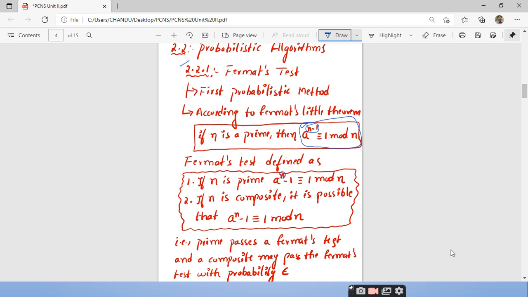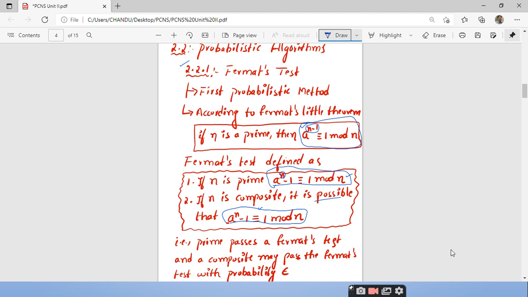See, there is no difference between this formula and that formula. But if n is prime, this relation is definitely satisfied. But if n is composite, then there is only a possibility that this is satisfied. That is the difference you should